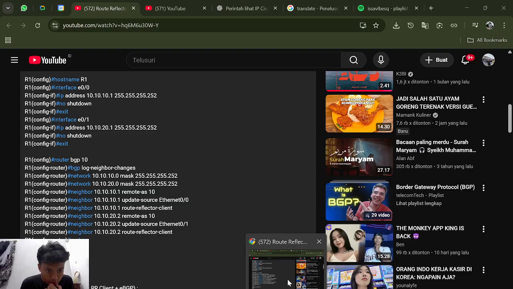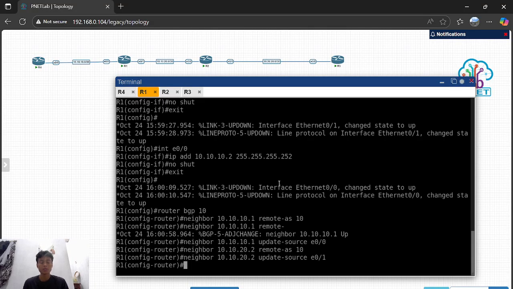And after that, you can add the route reflector client for each neighbor, like this.